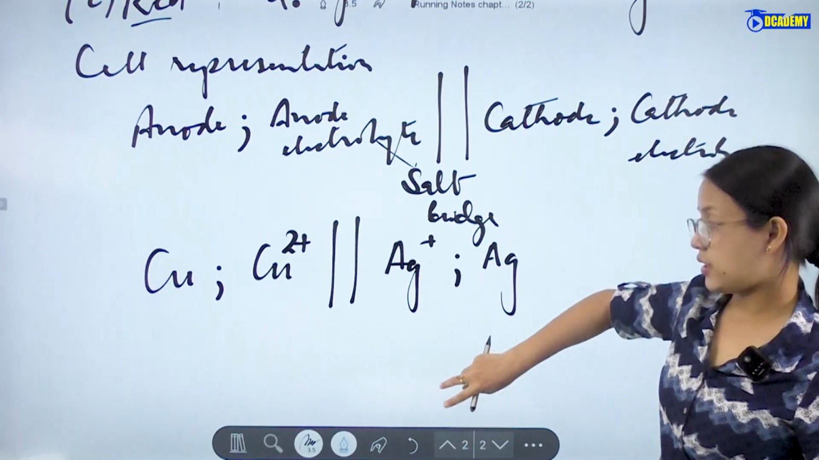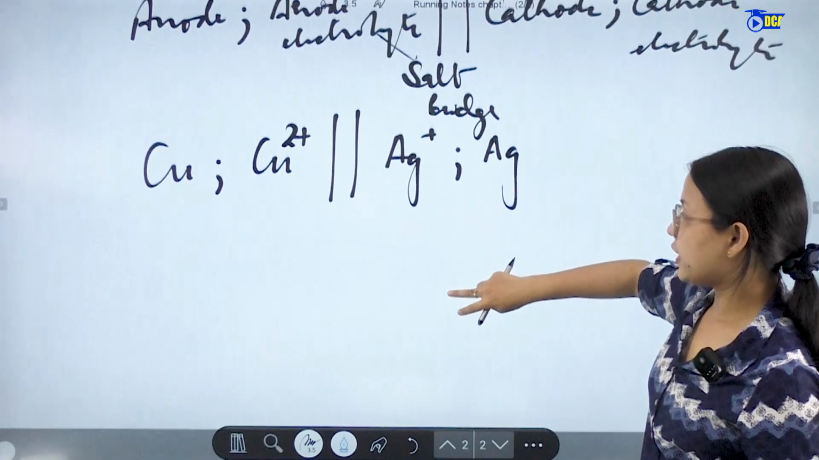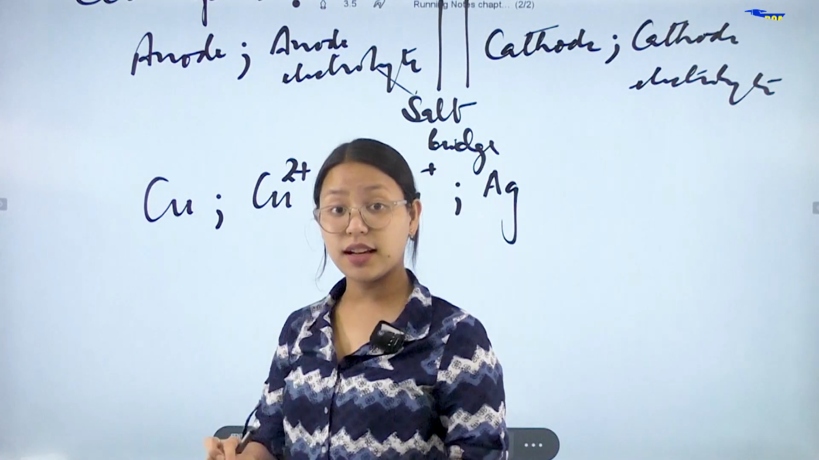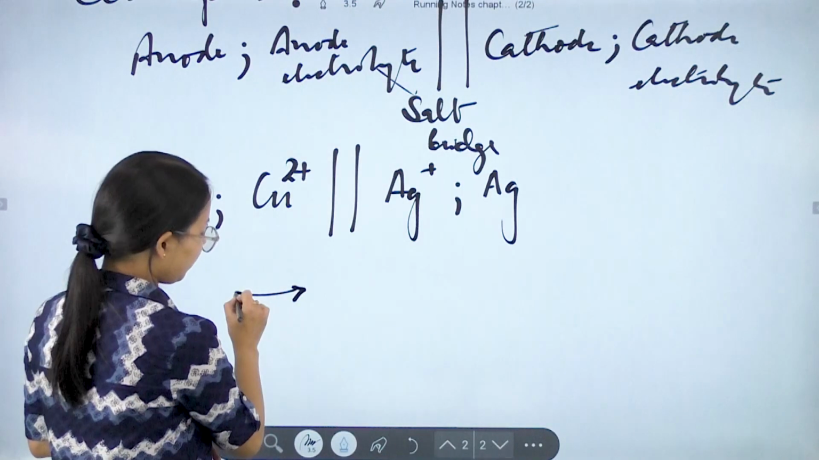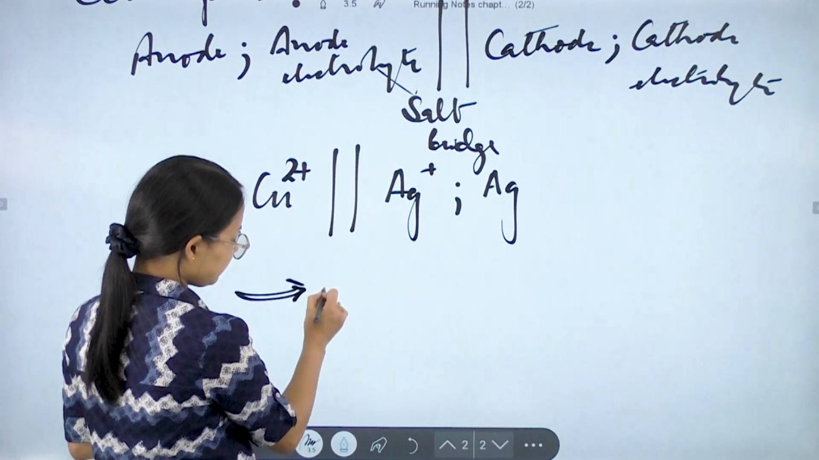This is the representation. When we write the cell representation, we will write like